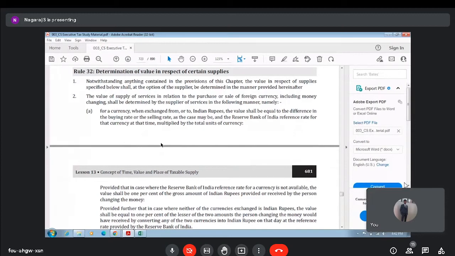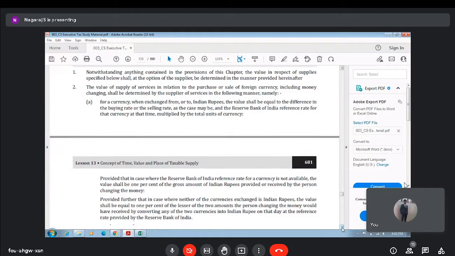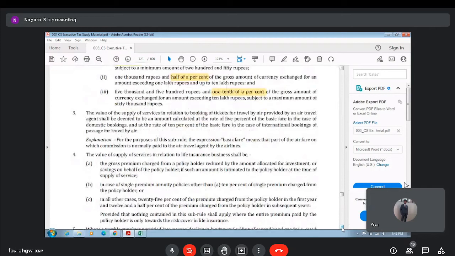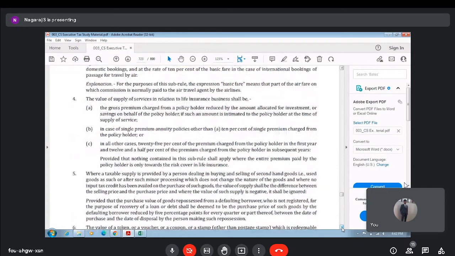Mentioned three or four valuations. One is insurance, another one is travel agent. What is the other one we did? One is travel agent, one is the insurance. Okay, only two we have completed. Okay. Now the